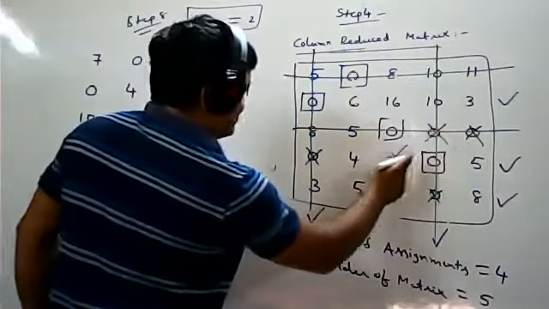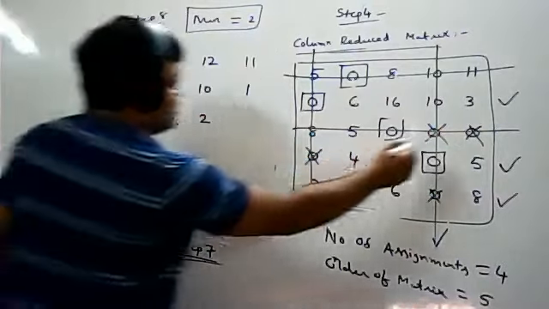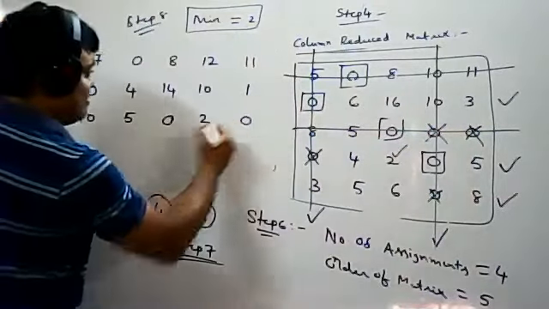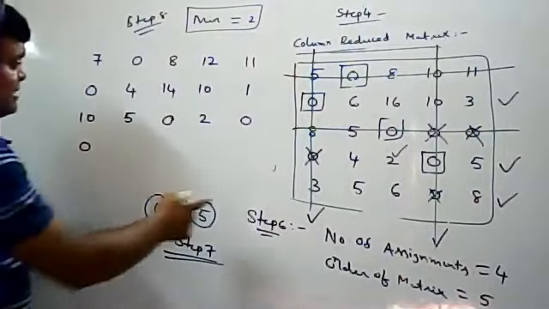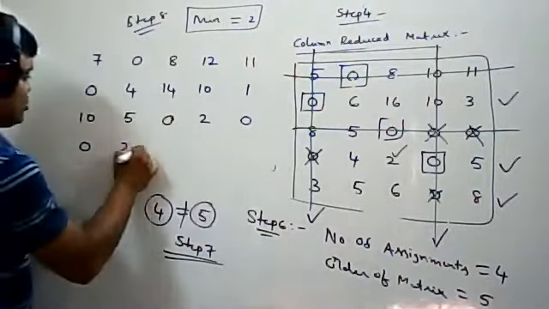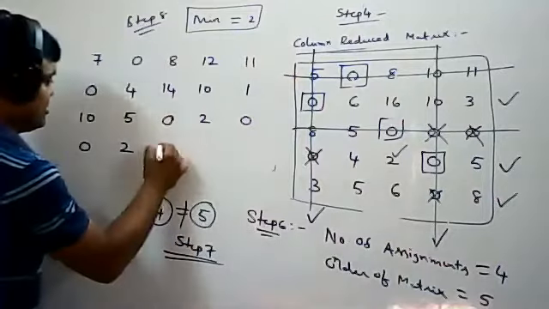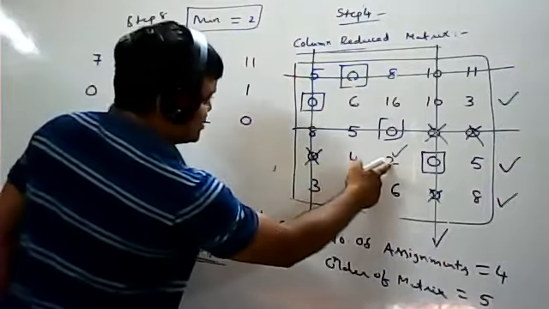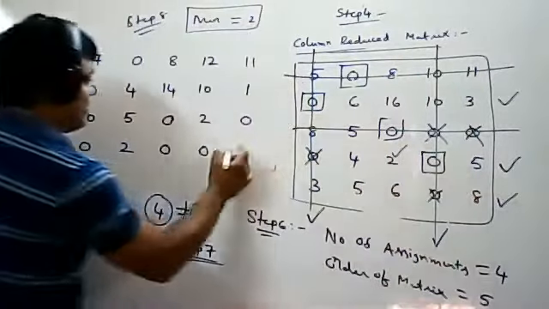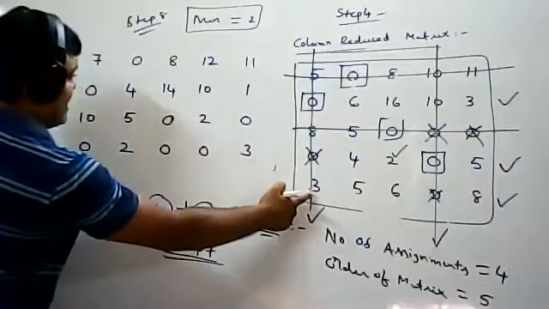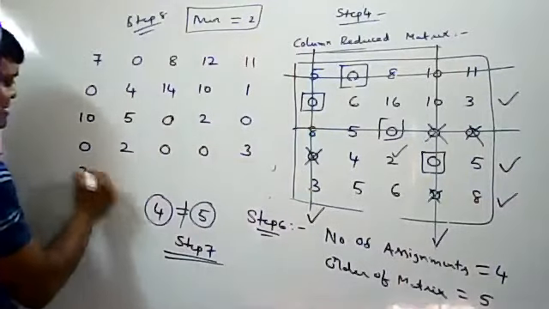Intersection, both lines cross: 0 plus 2 is 2. Not uncovered, not an intersection: 0 stays as it is. Again 0 stays as it is. Next, 4 minus 2 is 2. 2 minus 2 is 0, because this is uncovered. 0 stays as it is. 5 is uncovered, so 5 minus 2 is 3. Next, last one, not uncovered, not an intersection: 3 stays as it is.